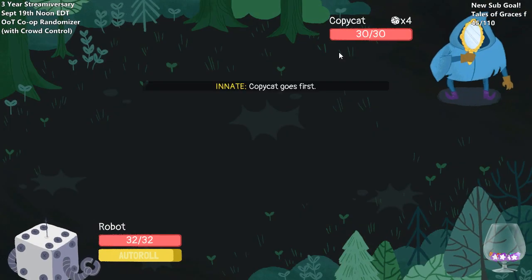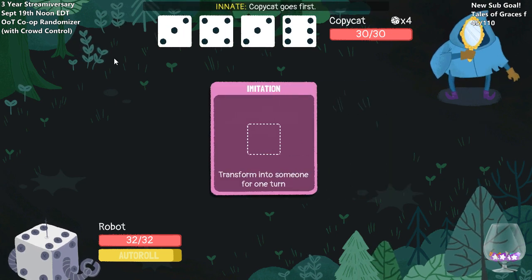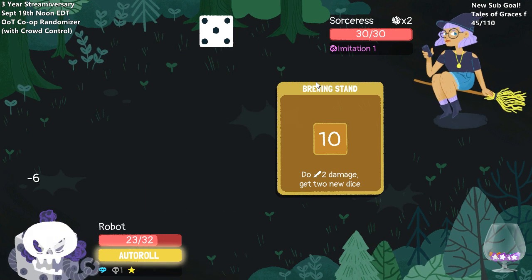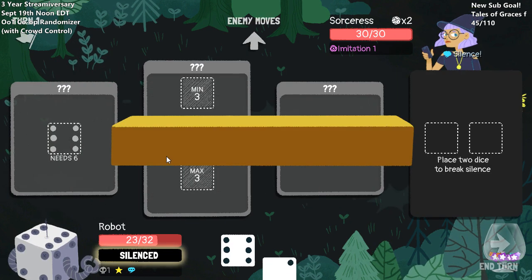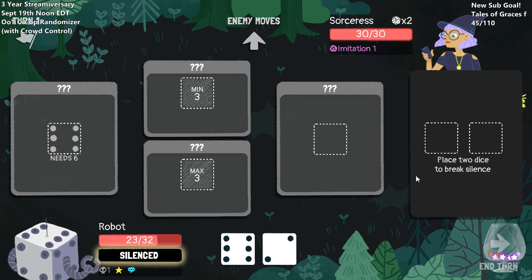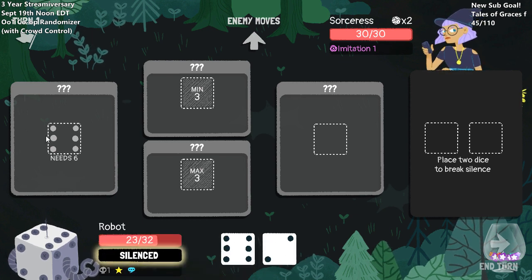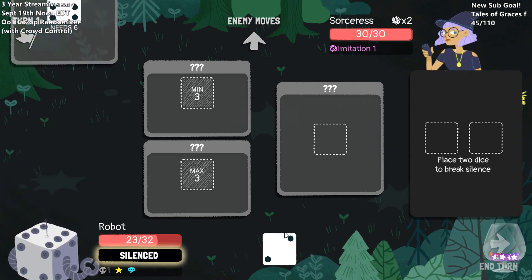Oh, the copycat's different in this mod, isn't it? Right, you tried. Oh no! The worst fucking person to turn into, the fucking sorceress. Jesus Christ. Ugh, I did not need that in my life. Alright, and I might just do...